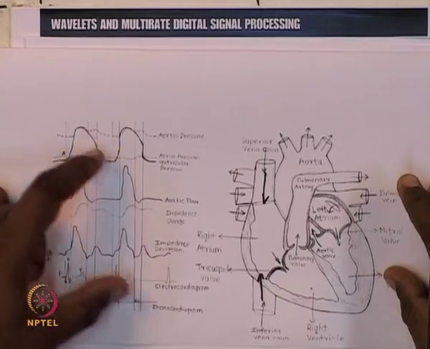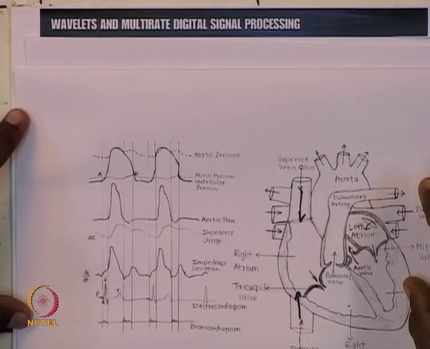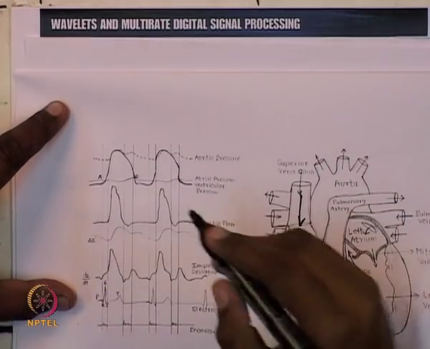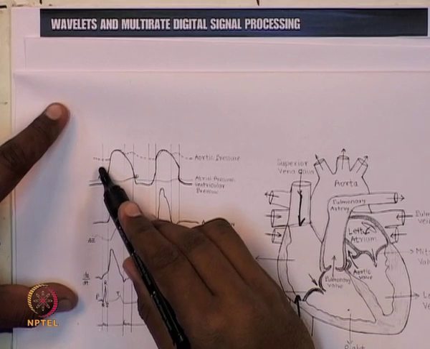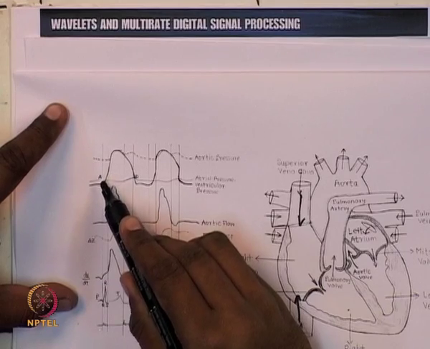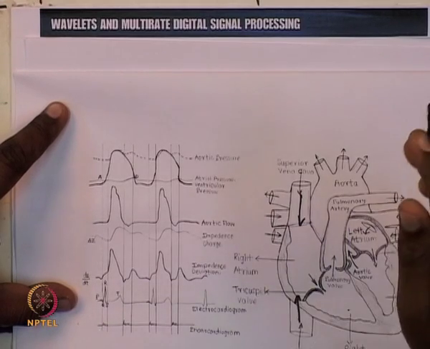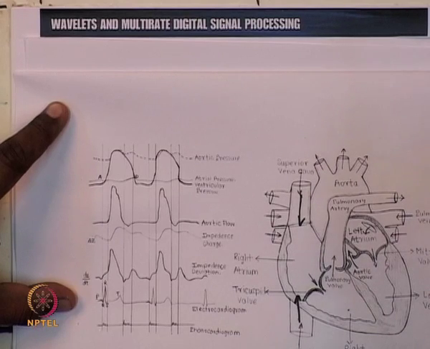Now, let us look into some of the waveforms related to heart. This upper dotted line indicates the aortic blood pressure. That is, when we are measuring our blood pressure by using normal pressure meter, we will be getting this aortic blood pressure. That is, when we are going to hospital, the doctor is measuring our aortic blood pressure by using his normal pressure sensors, and